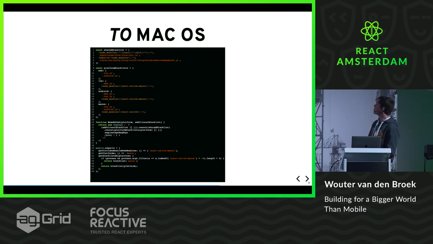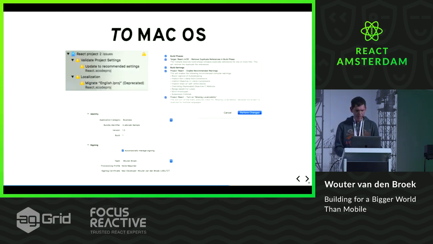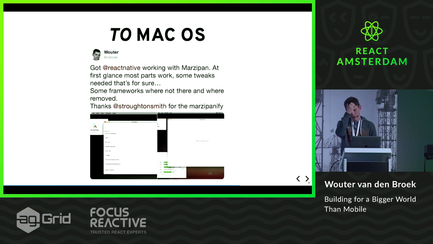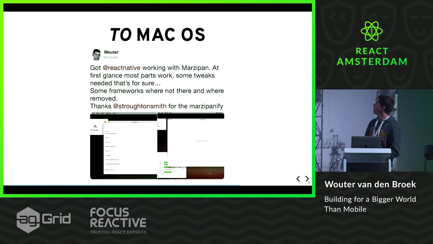So we have the different targets like the web, the Android, the macOS, and iOS. So we can exclude all the things that aren't there or that aren't needed. And of course, updating the Xcode project, because that is something that is needed. Like I mentioned before, Marzipan is coming, I hope this summer, and with some